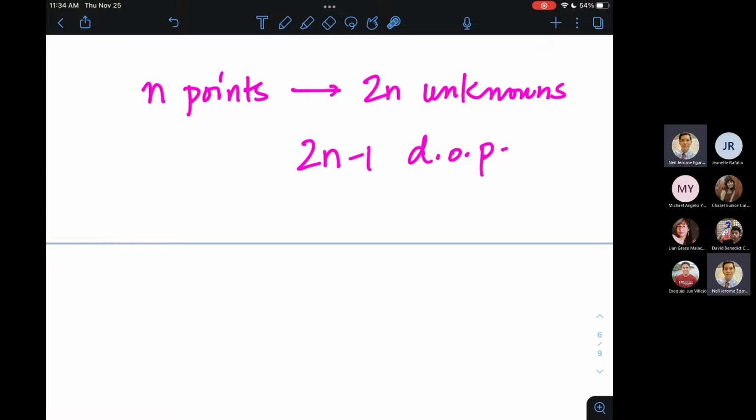Now, ano pa ba? Yeah, meron mga numerical techniques on how to solve a system of nonlinear equations. However, sa Math 175 pa siya mako-cover. So for now, we will be content on using or relying on these solvers